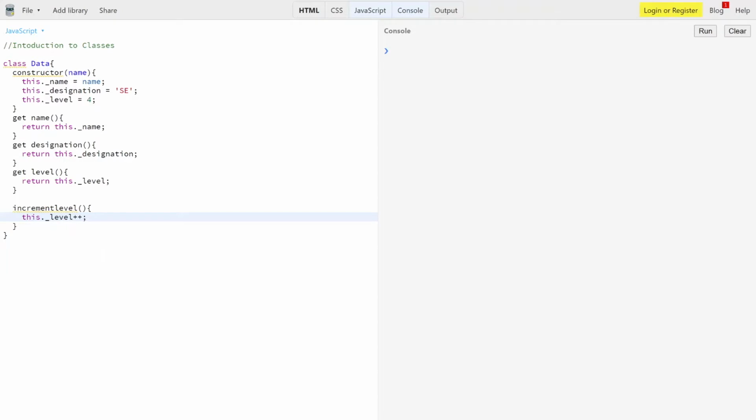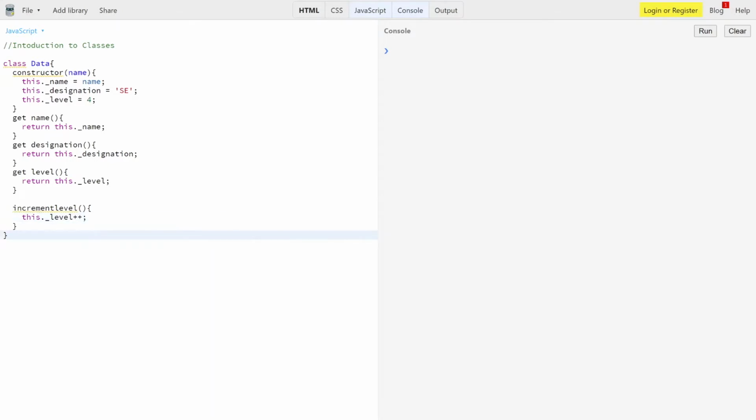Or you can also use this dot underscore level equal to this dot underscore level plus 1. If you are not familiar with this, you can use this as well. Both work in the same way, but I'm using the increment operator over here.